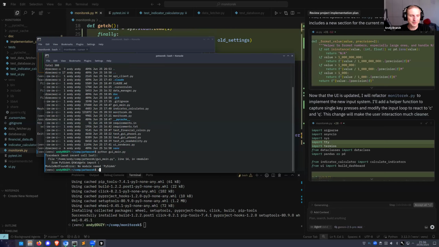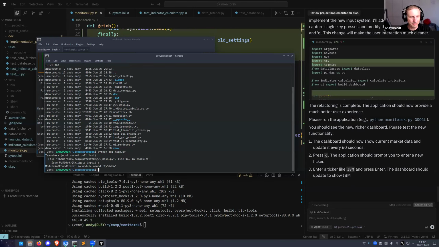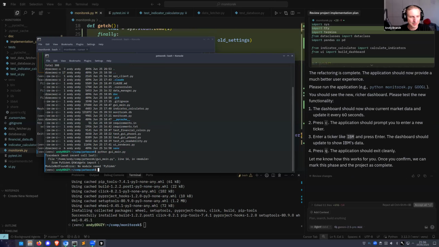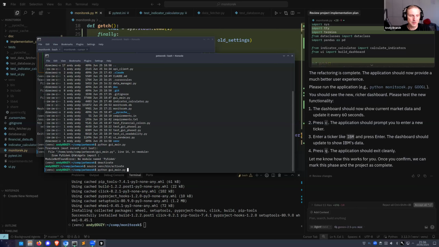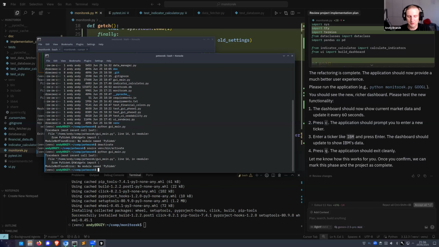Oh, it doesn't work. Is it because I have a different virtual environment? No module. Yeah, it's a question of activate. Let's try it now. Oh, it doesn't work.